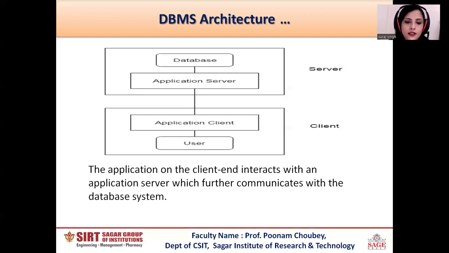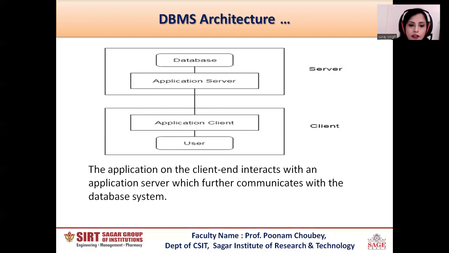It means the client and the server cannot easily interact with each other. So if the user wants to connect with the database, they have to use the application server or application client, right? So the application on the client end interacts with an application at the server end, which further communicates with the database system.